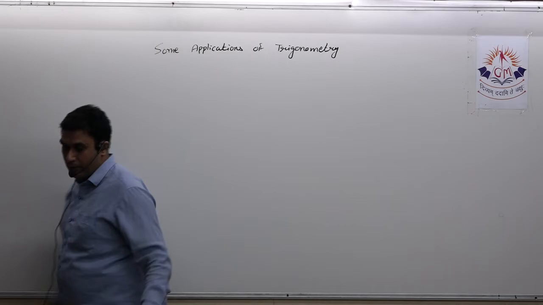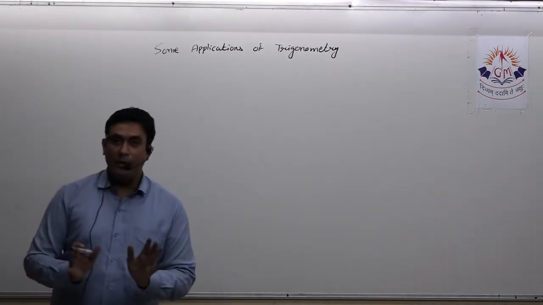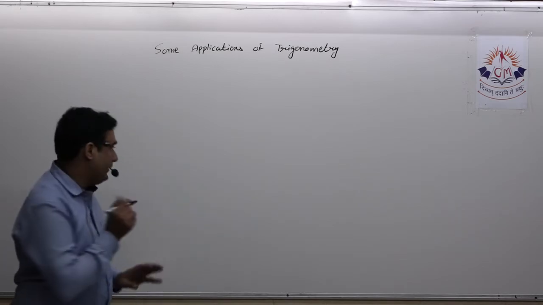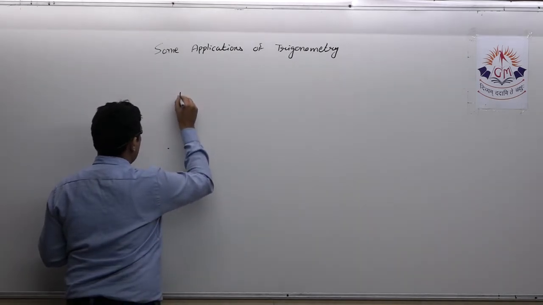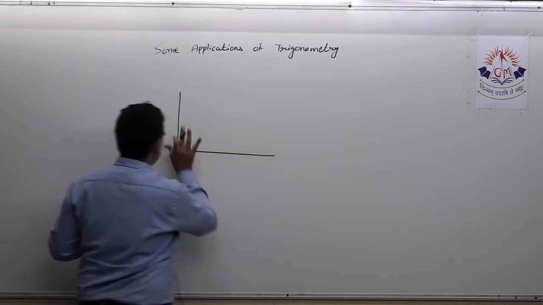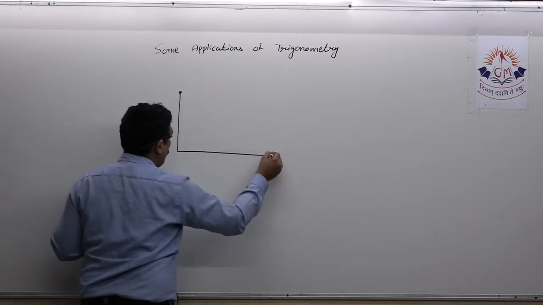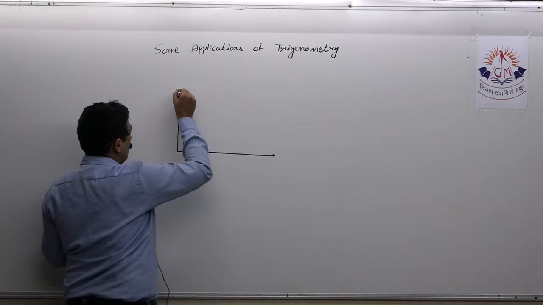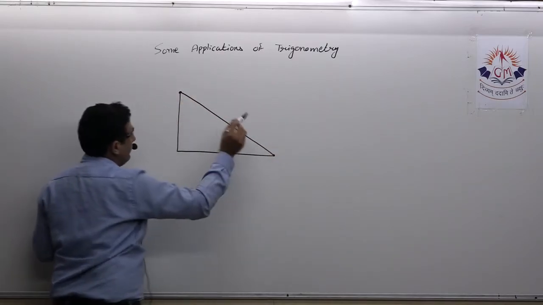Okay, so the very first thing: there are only two concepts over here, the angle of depression and the angle of elevation. So let us see what is angle of depression and angle of elevation. Suppose there is a building or minar or tower or rock or whatever or cliff. If I'm observing a point or an object from the top of the building, then there is a different angle.